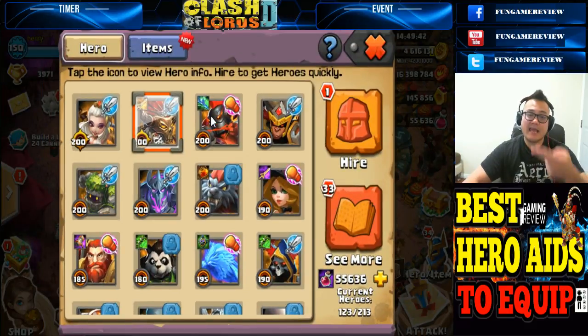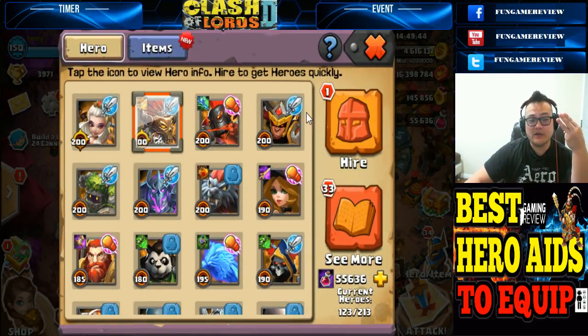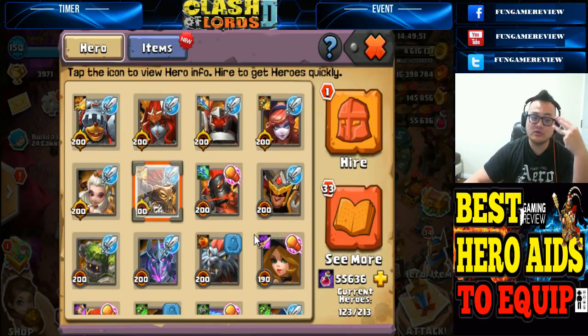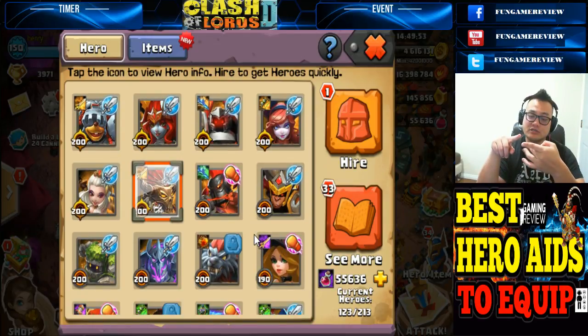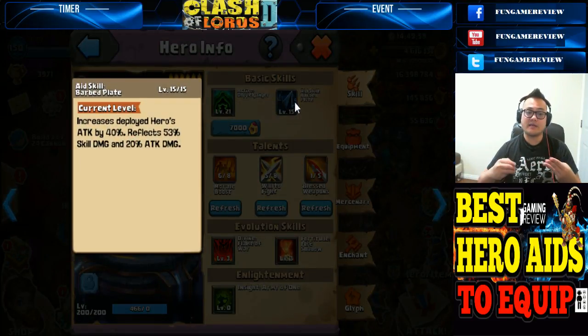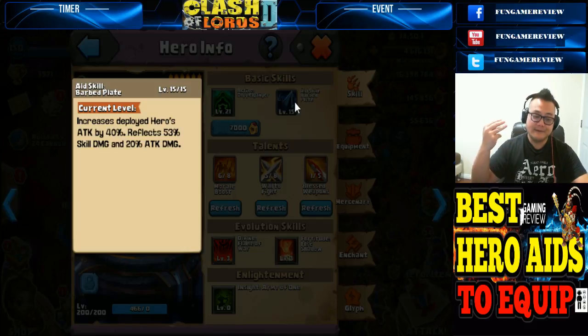Okay, and for the third thing, this is talking about the low-level players. Remember that. You guys can do the following: Pangoli, Toxic Shaman, Chiron. You guys use Chiron as well because you want to actually do